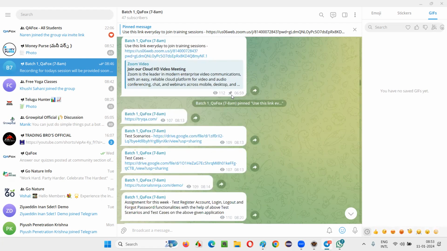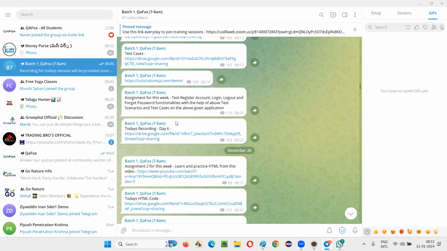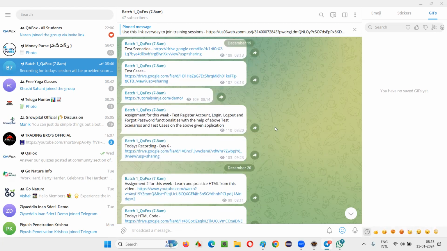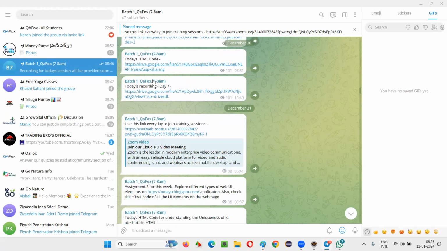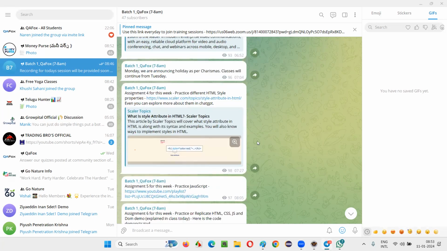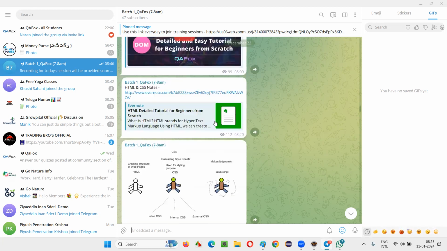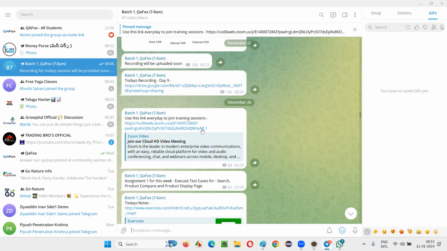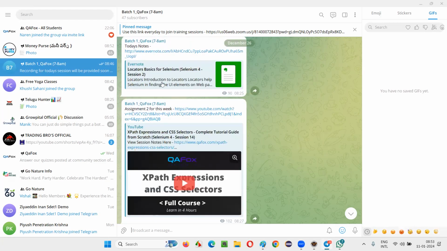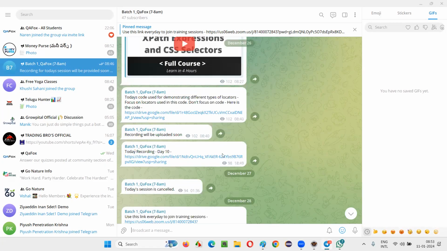I think I have test scenarios and test cases. HTML, okay, got it. So you covered this. Basic web technologies like HTML and CSS. This is HTML, CSS, basic technologies. Then some locators basics. That's it. Then Java started. These are very basic stuff. You can easily go through that.